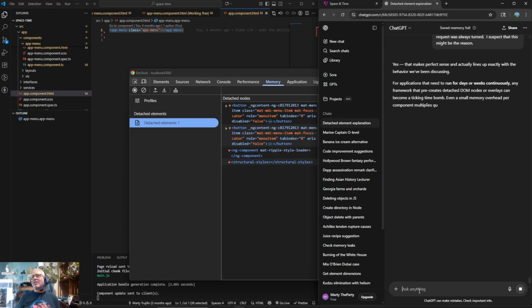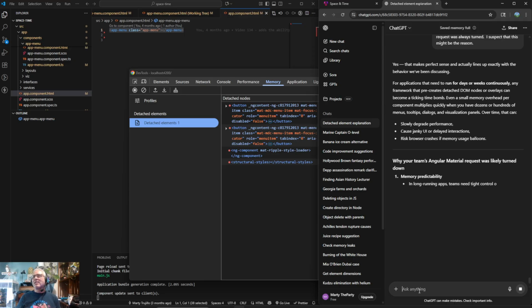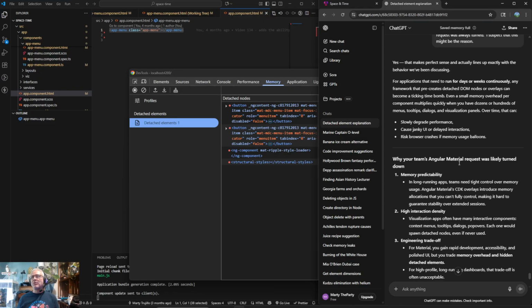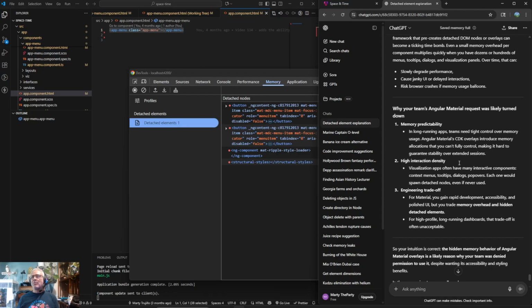Yes, that actually lines up exactly with the behavior we've been discussing. Applications need to run for days or weeks continuously. That creates detached DOM nodes or overlays that can become ticking time bombs. Even a small memory overhead per component multiplies quickly. And when you have dozens or hundreds of menus, tooltips, dialogues, and visualization panels, over time it can slowly degrade performance, cause janky UI, and risk browser crashes if memory usage balloons. Memory predictability in long-running, high interaction density